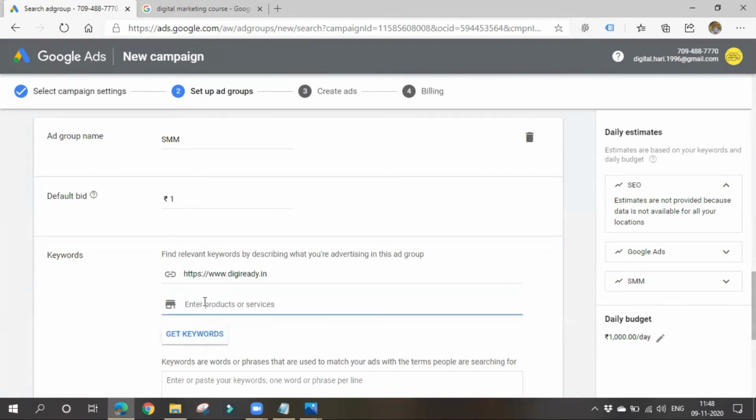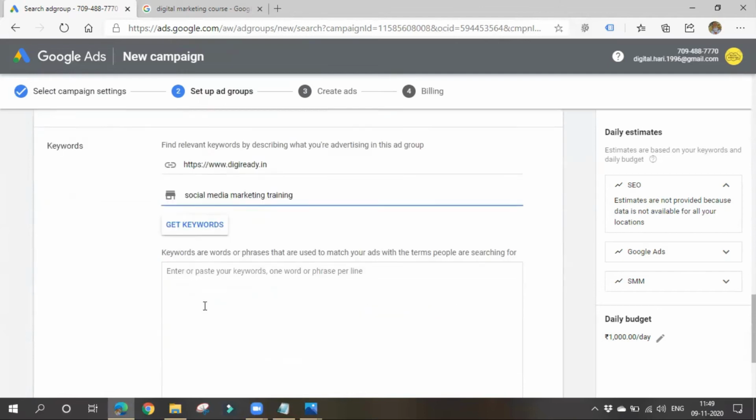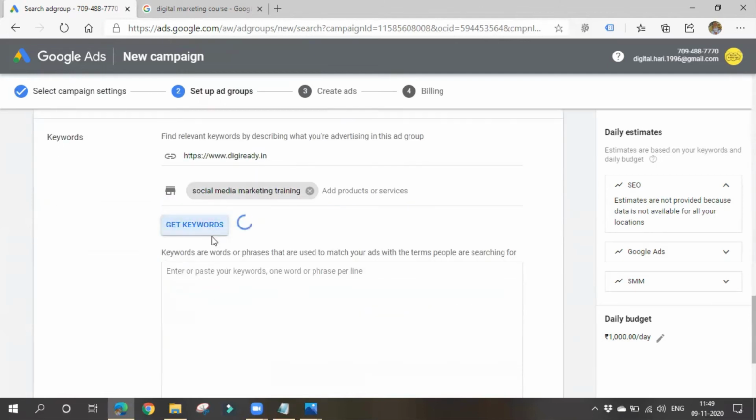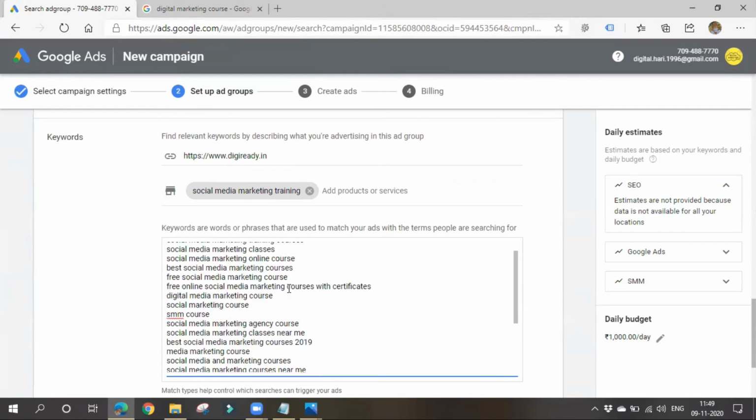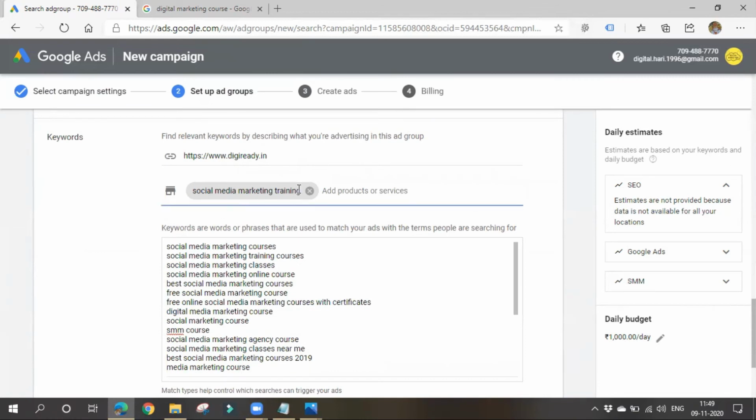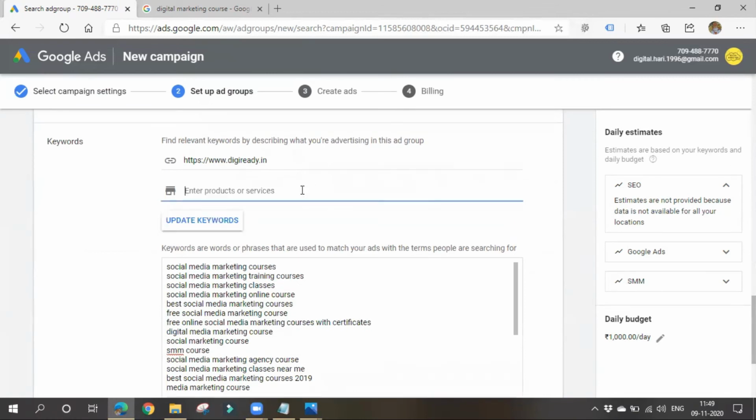I want this for the social media marketing training. Click on get keywords if you want any suggestions, otherwise you can write keywords on your own. Social media marketing courses in Hyderabad. Or you can directly give social media training in Hyderabad, like that.